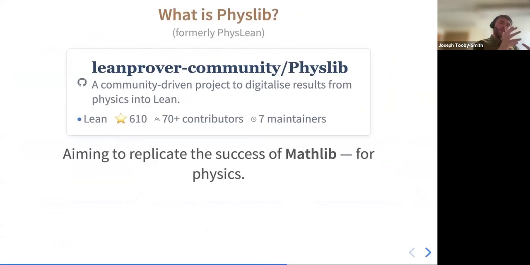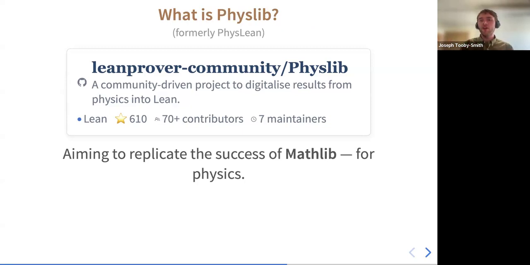Mathlib was kind of the bringing of the open source community and that sort of philosophy into mathematics. Physlib is an attempt to do that for physics. It is there to be a foundation to create a corpus, a library of results of use to physicists that can be used to prove other things, that can be used to prove research-related results. So that we have something that we can all work on and build together, so we're not all replicating each other's results,